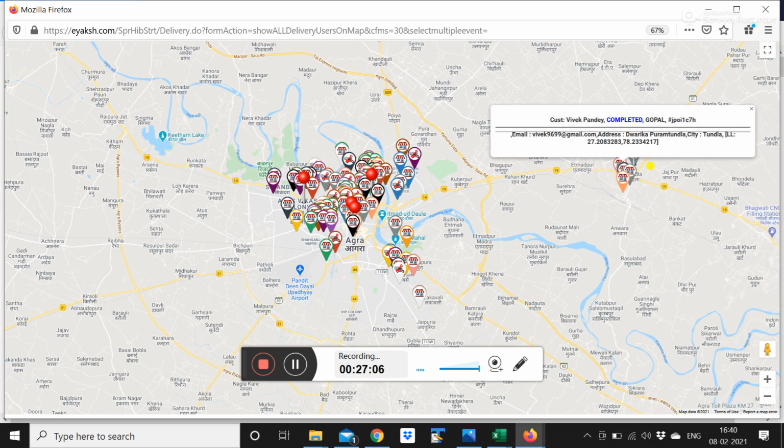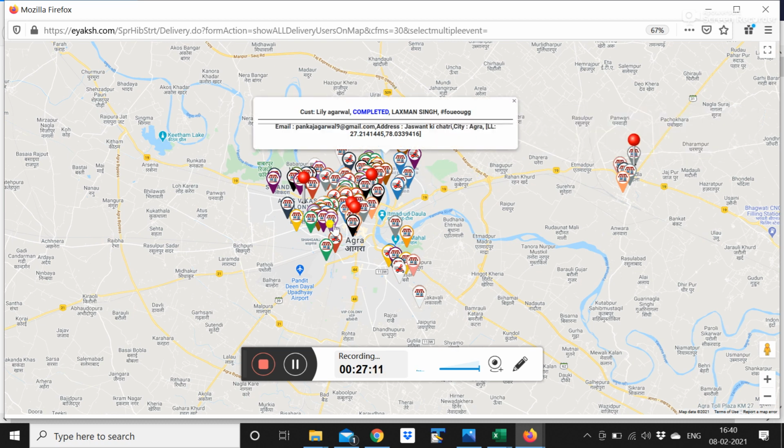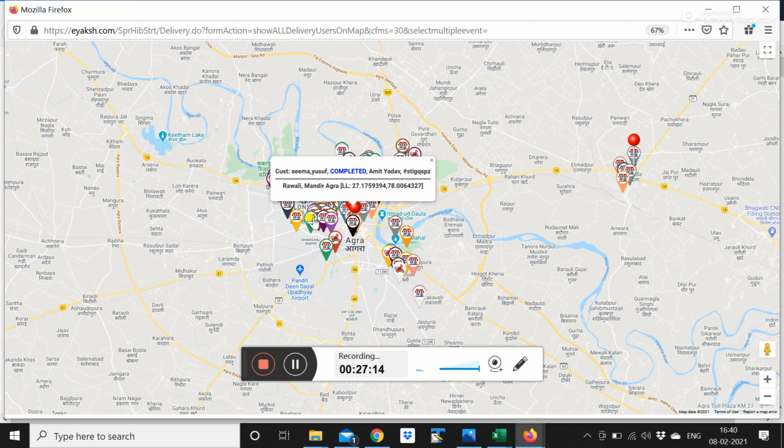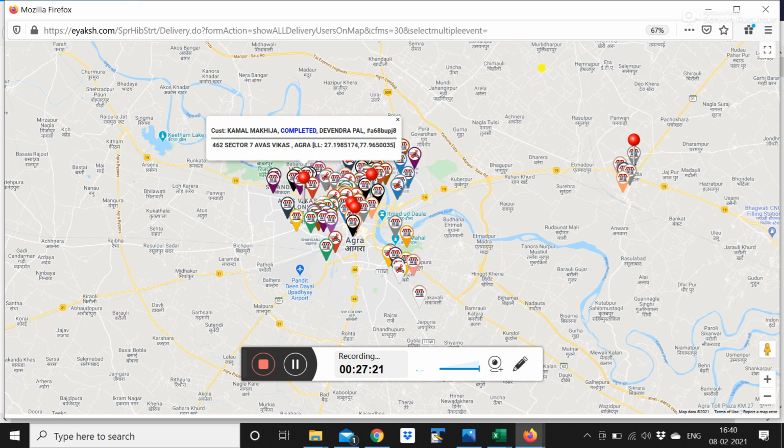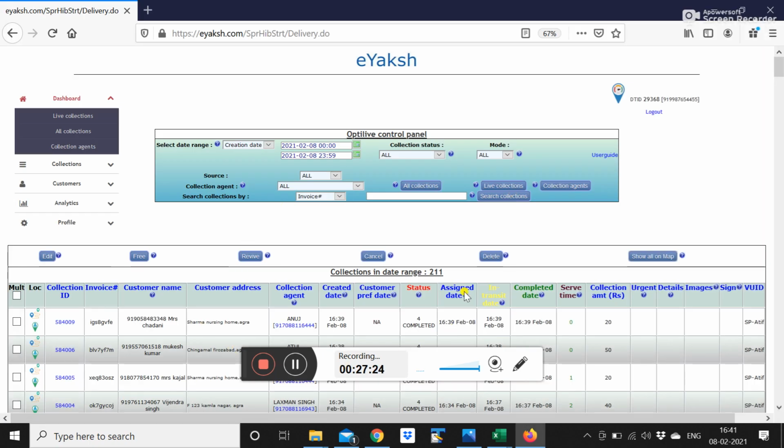It will have some completed collections, it might have some that are in transit, it might have some that are assigned also. Currently I see most of them are completed, but those that are assigned and in transit would also be here. So this is a pretty comprehensive view to see whatever work is being done in the field live. You see the live customer location, you see the live Flebo location, you see the route taken by him, what stops he has done, what customers attended, and what time the collection got completed.